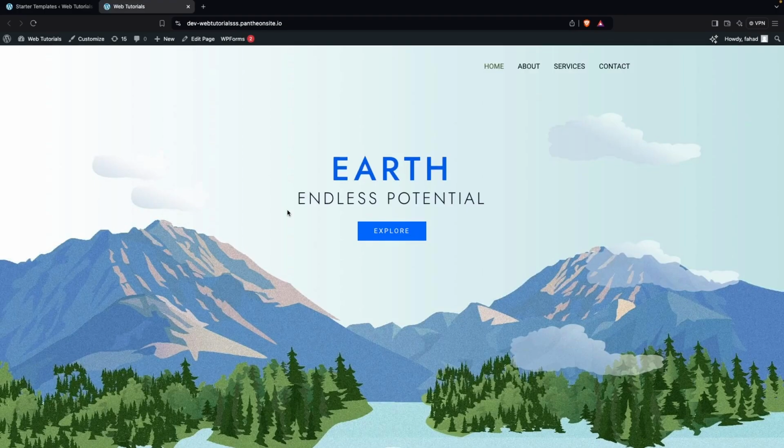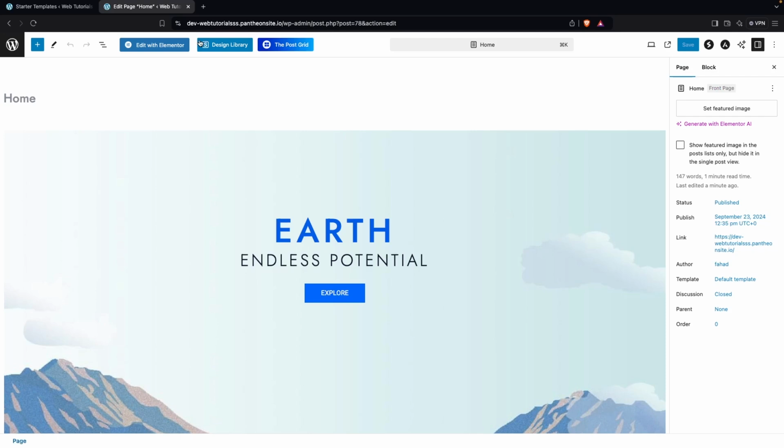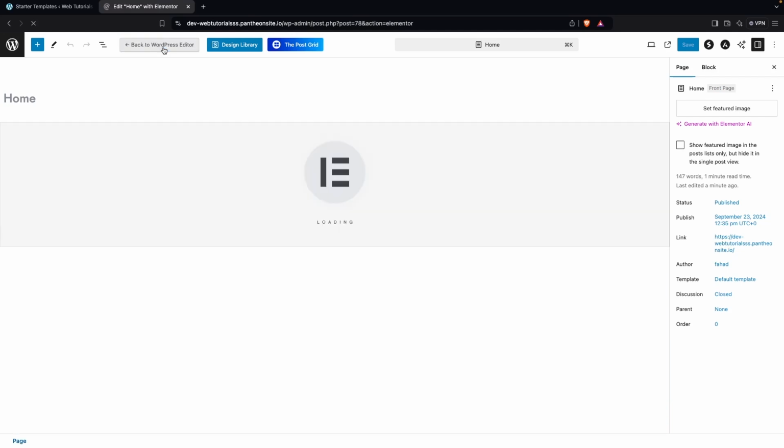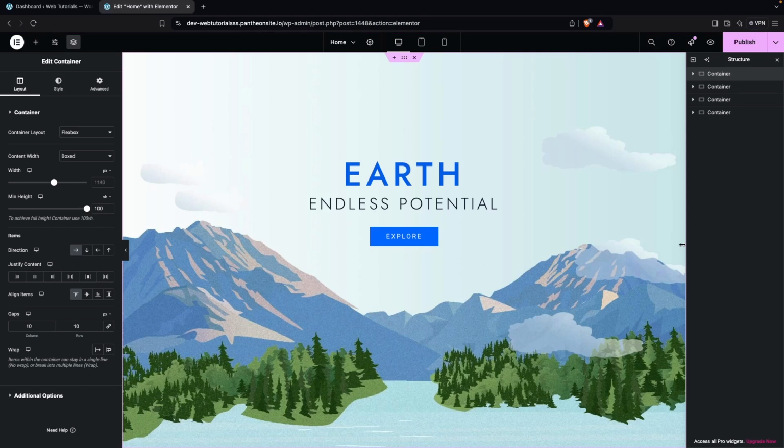But obviously this is not something that we want. We want to have our own content on this. So how can you do this? That is really easy. We just have to go inside Edit Page. And here you will be able to see the option of Edit with Elementor. So we have to click on this. Alright, as you can see here, we are inside the Elementor editor, and you can see